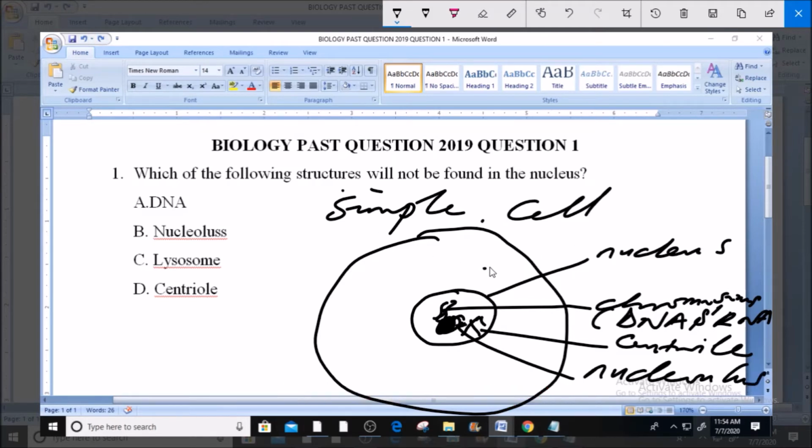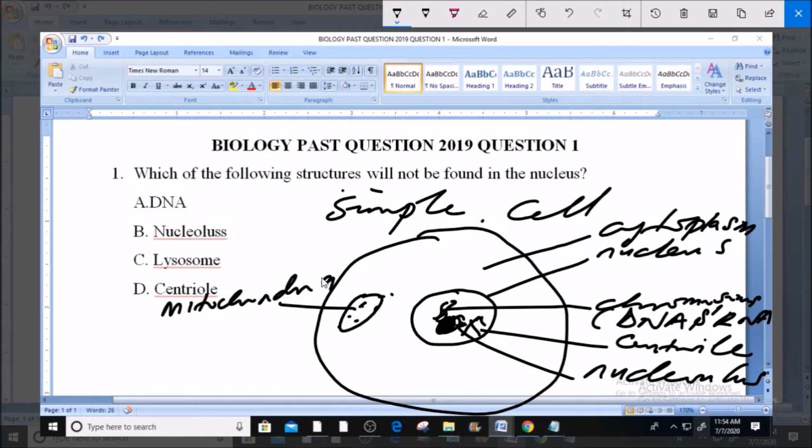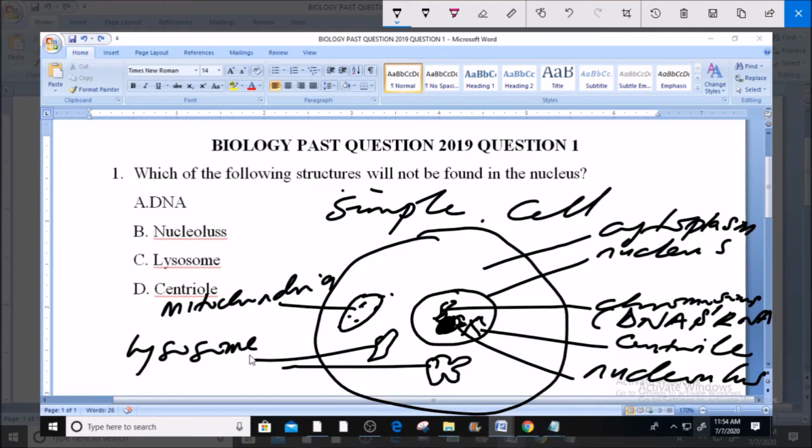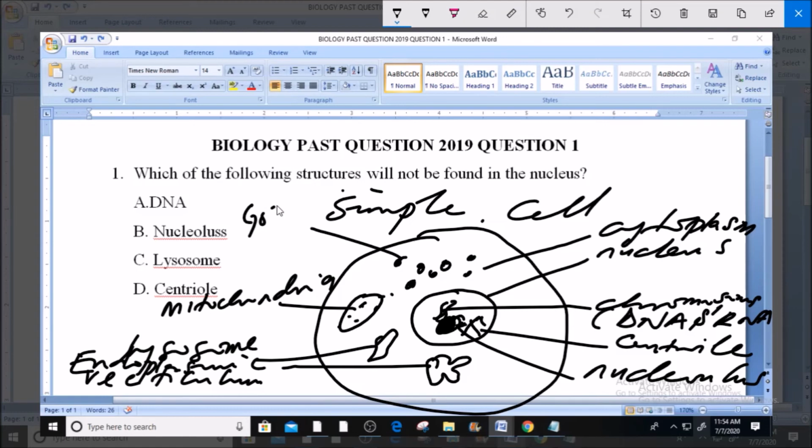Now, this place is the cytoplasm, and in the cytoplasm we have the mitochondria, we have the lysosome, we have the endoplasmic reticulum, we have the Golgi bodies, and so many others. Now, from my diagram, you agree with me that